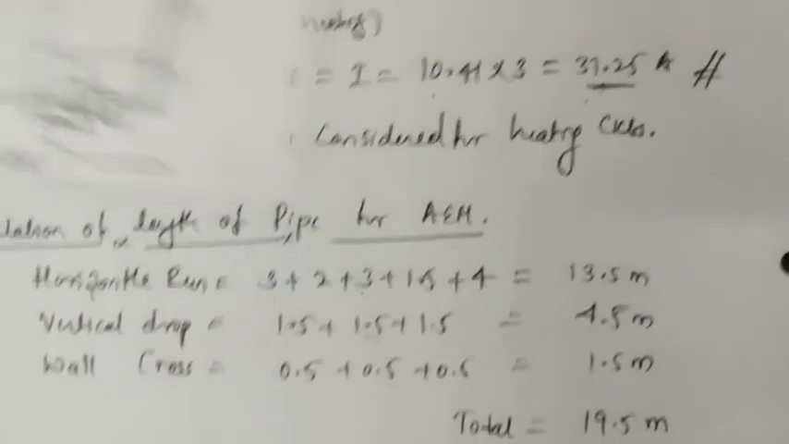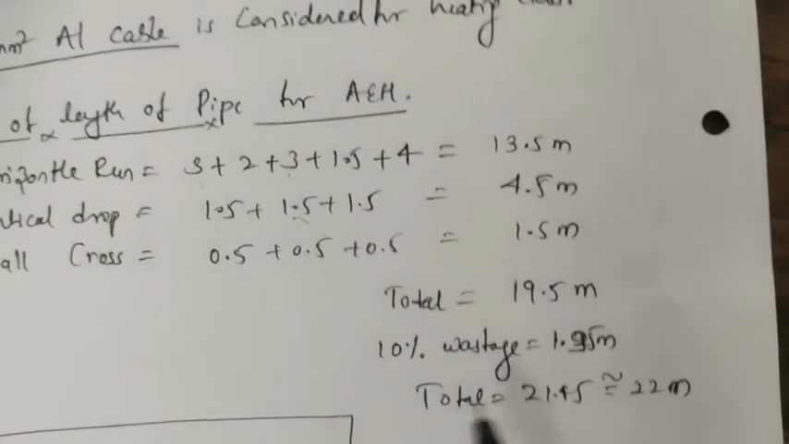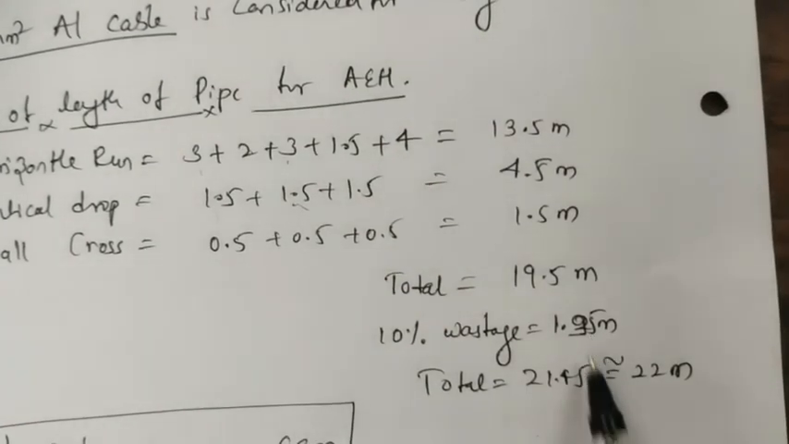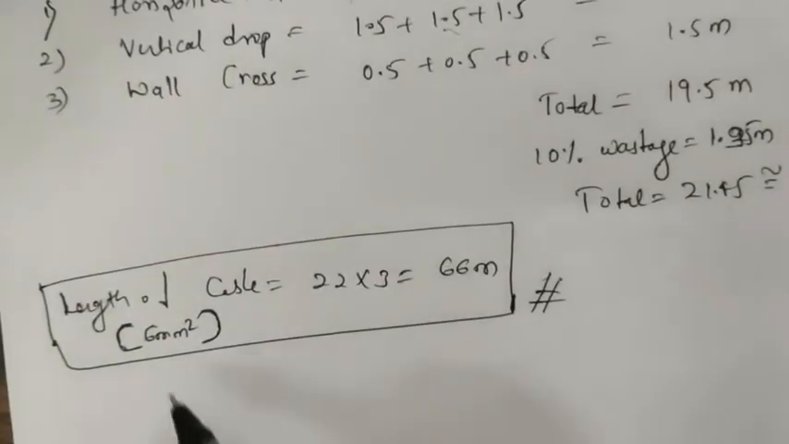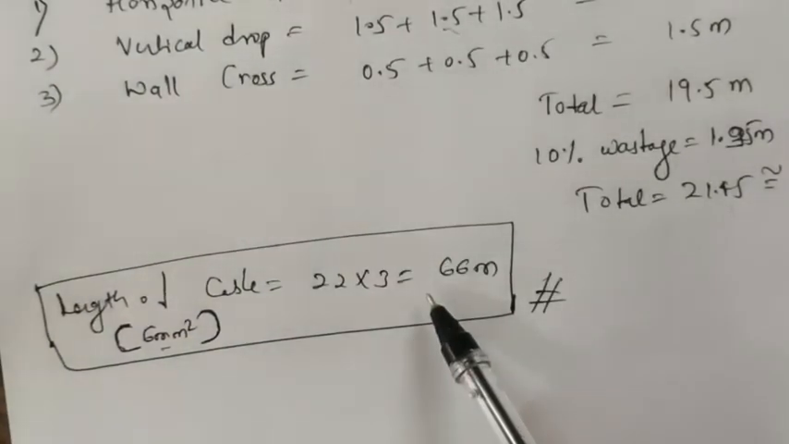So if you do the calculations, you will get 19.5 meter, plus wastage 1.95, you will get 21.45, approximately 22 meter. So the length of 6 mm square cable required is 22 into 3, that is